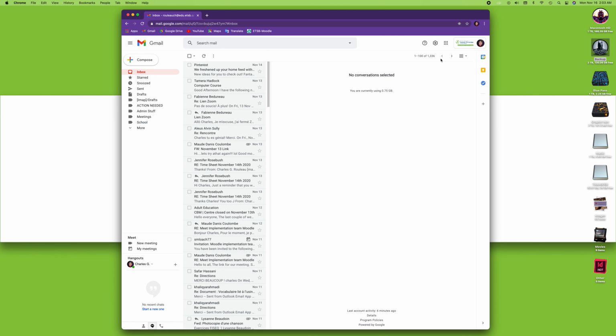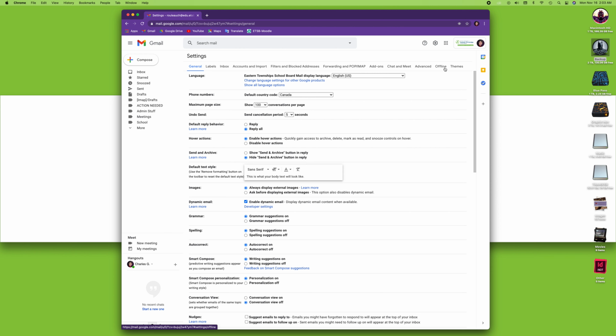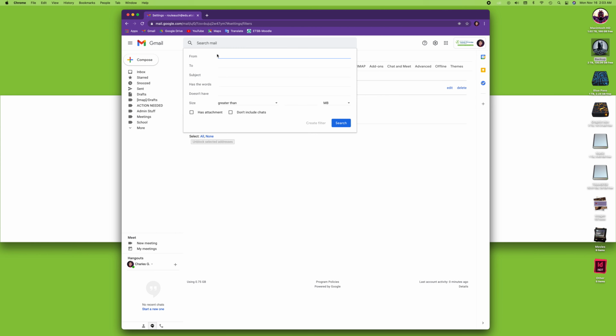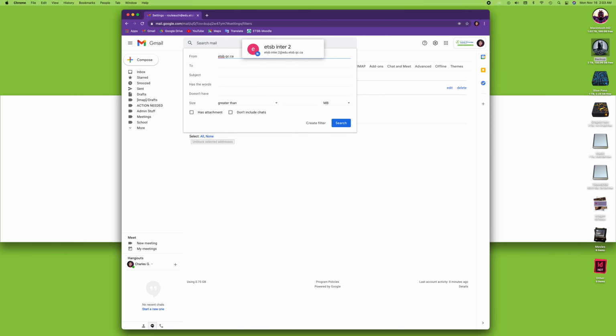Now, next step is to go to our gear, so our settings, and see all the settings. Inside all the settings, what I'm going to do is I'm going to create a filter. So I'm just going to click the filter and create a new one. So by creating a filter, I want everything that comes from etsb.qc.ca,